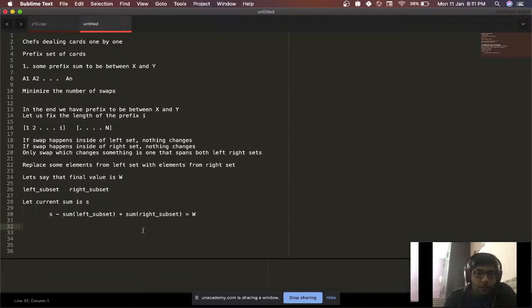So what we can do is maybe we can rearrange it a bit. I am going to rearrange it because we have two variables here, left subset and right subset. So it's better if we move them to opposite sides, so that you'll see we can compare things, right? So let's switch them. Okay, so it can also be written as W minus S plus sum of left subset equals sum of right subset,